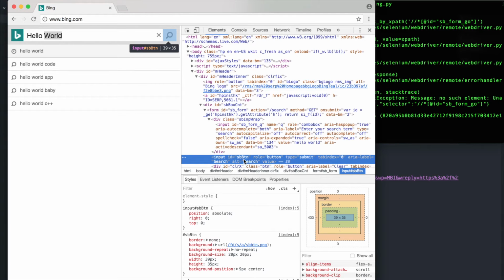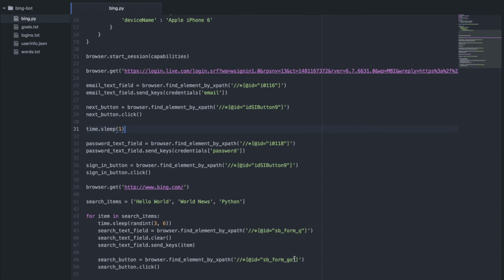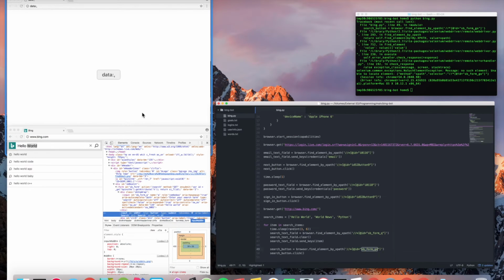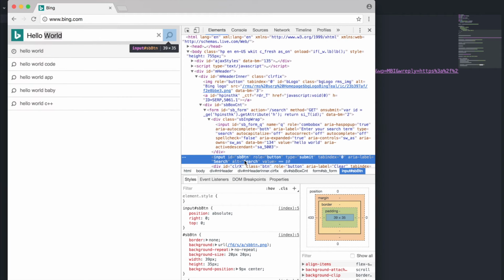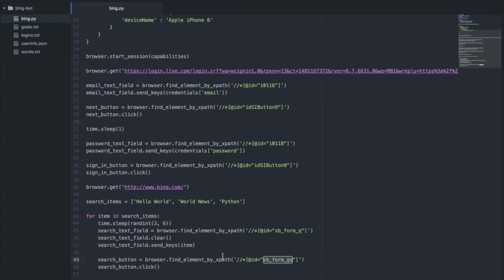and here's the ID, but it looks like this ID is different from our other Go tag where we were just using the browser. So this is our XPath with ID SB form Go for our search button when we were using a regular browser. And this is definitely different because it's SB8TN. So I actually went and tried this out myself before I made this video, and when I used SB8TN, it